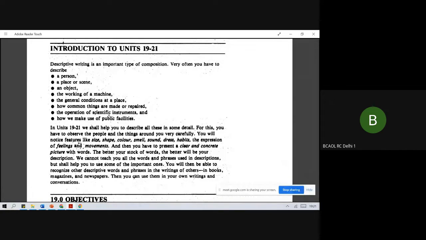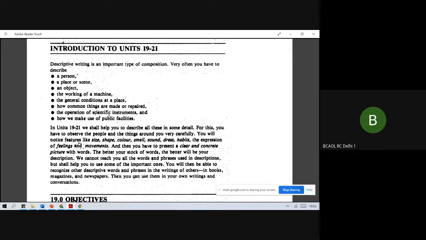From an examination point of view, there won't be any question for paragraph writing from descriptive writing, but you will have a question of 20 marks for descriptive composition writing, most probably your last question, where you will see a picture, and on the basis of that picture, you have to write an essay. Well, the common topics of descriptive composition are about a person, about a place or scene, like a landscape,